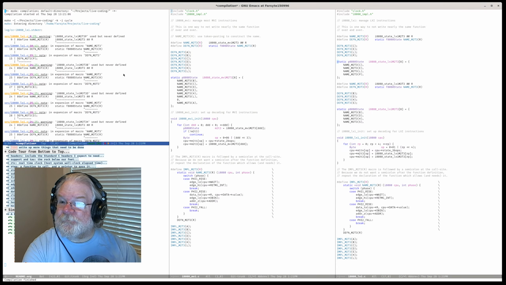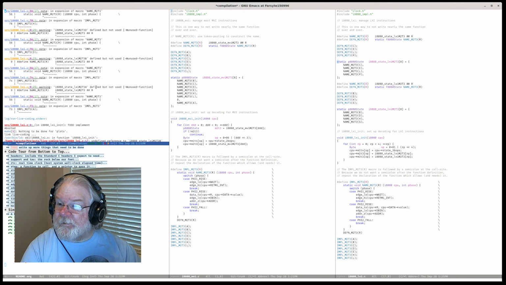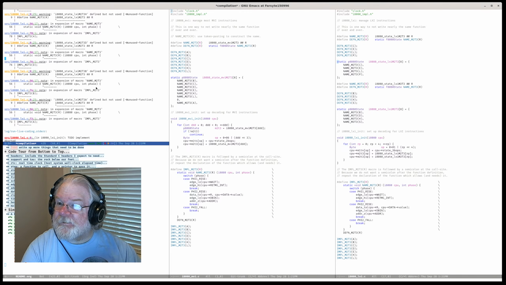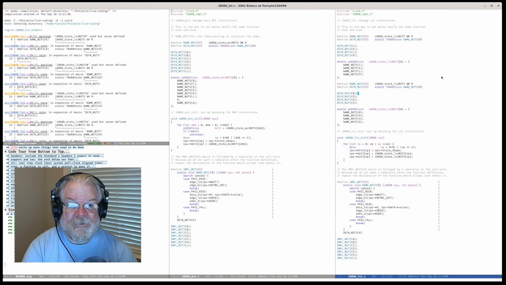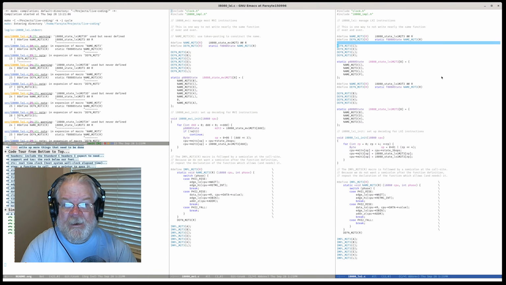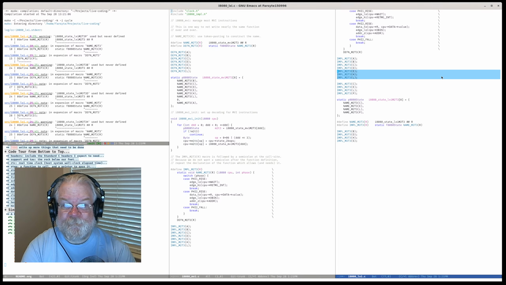How are we doing here so far? Used but not defined. Defined but not used. That's fine. BDHS, M3T3, bada bing, bada boop. And now what I want down at the bottom is I'm going to end up with impls where I had definitions above.